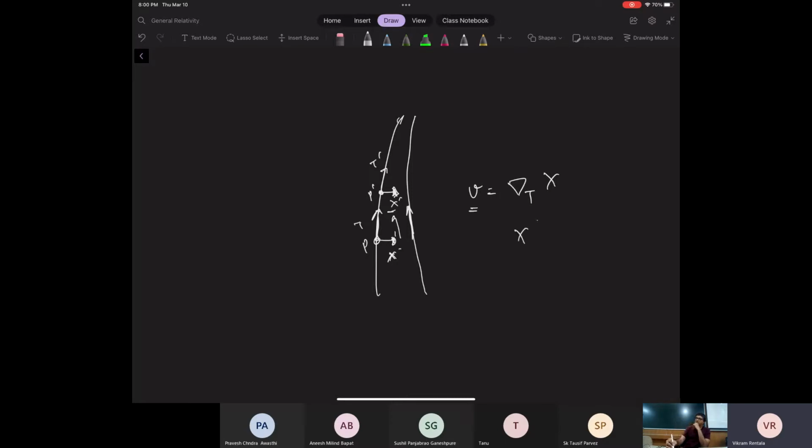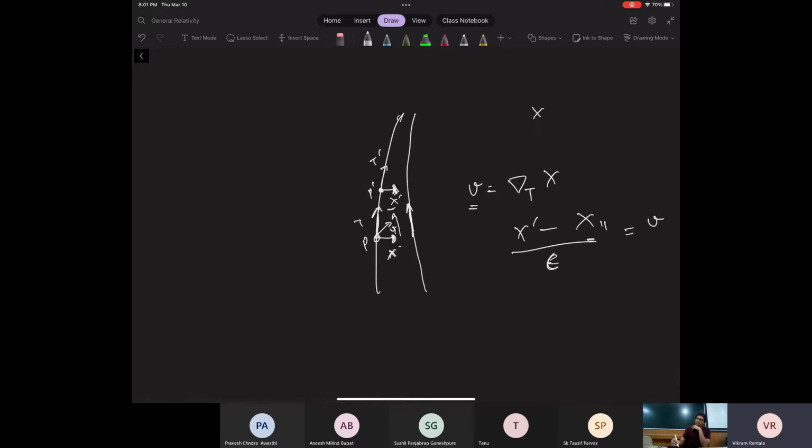It's the difference between x prime minus x parallelly transported, divided by epsilon, which is the amount you parallelly transported, the amount of displacement. So now this defines some vector v, which is the deviation. It's the difference between x prime and x parallel transported. And now what we do is